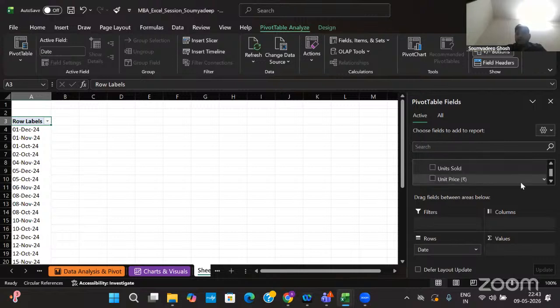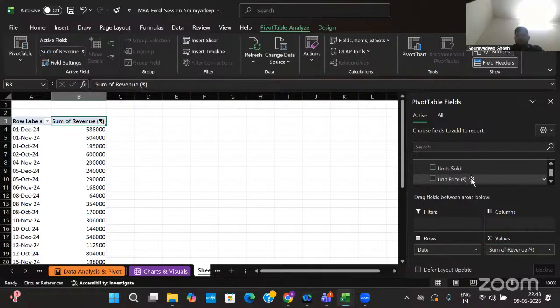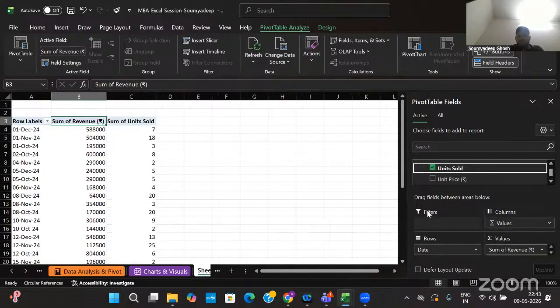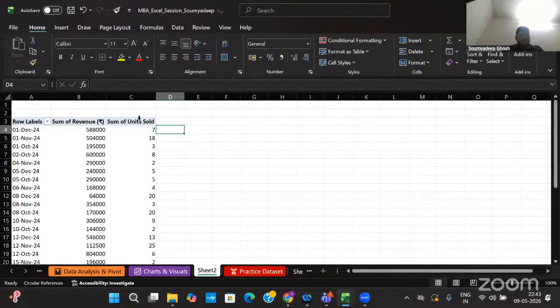And we just want to get the revenue. If you see, the sum of revenue is here. Now I want to get the units sold. We can see the sum of units sold is also present over here.